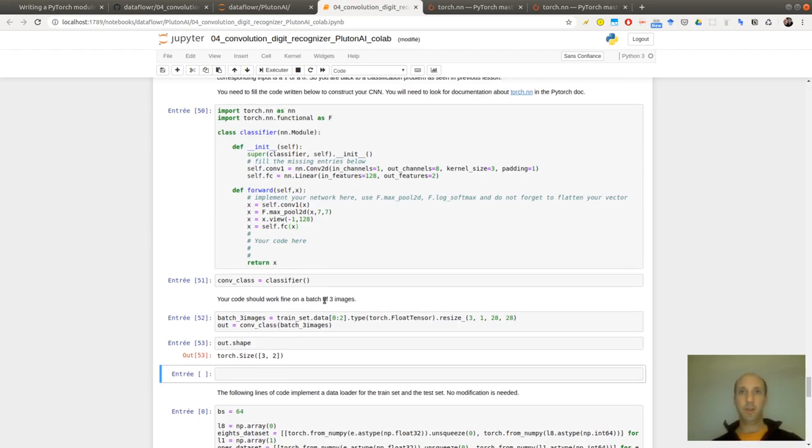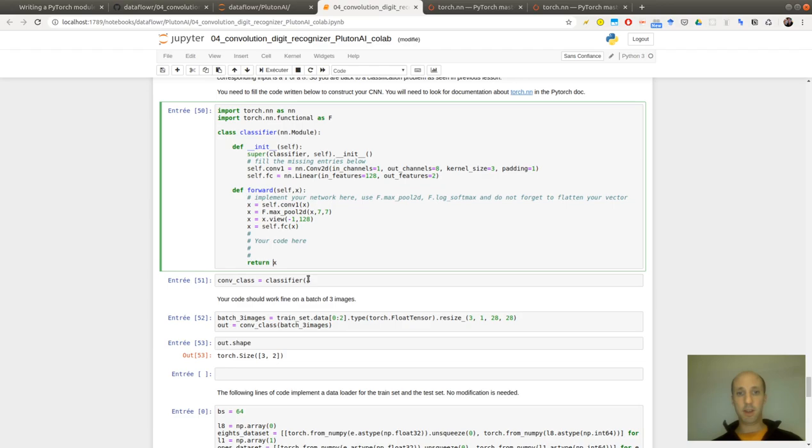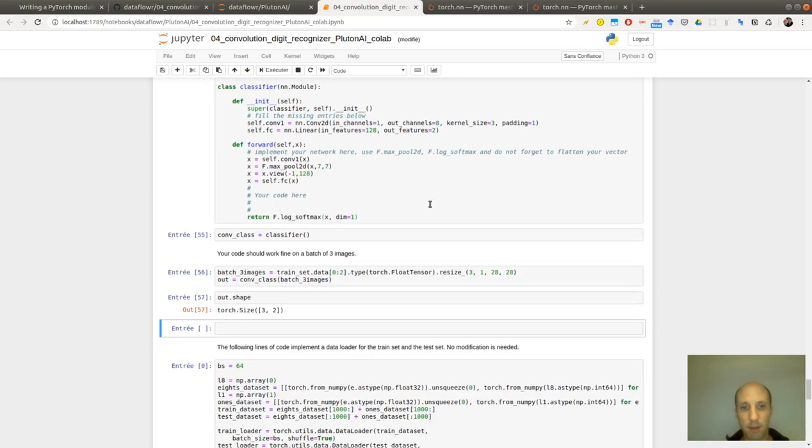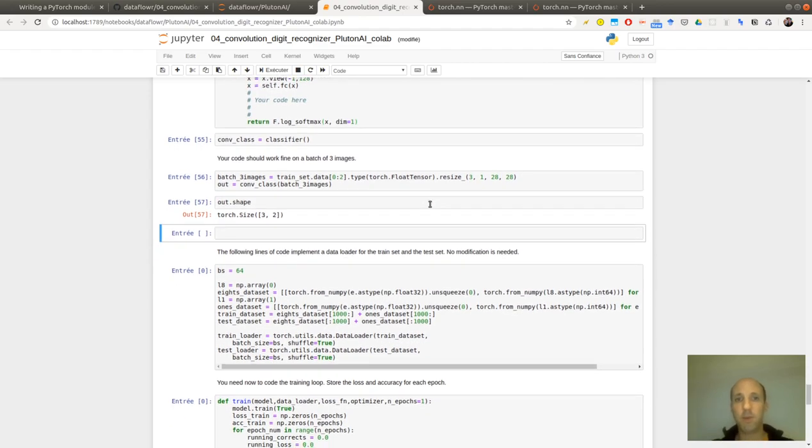I'm obtaining two features. Okay, I want to do classification with 2 features. So here, instead of F, I want to use log softmax over there. Log softmax of X on dimension 1, because I don't want to average over the batch. Okay, so this should work.